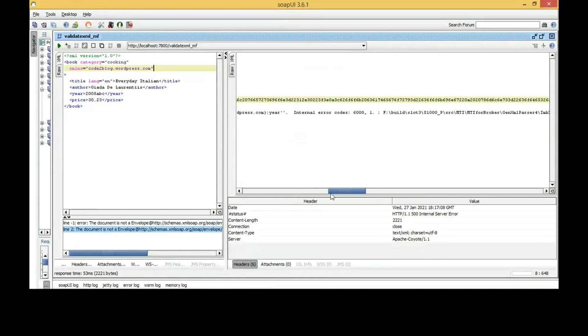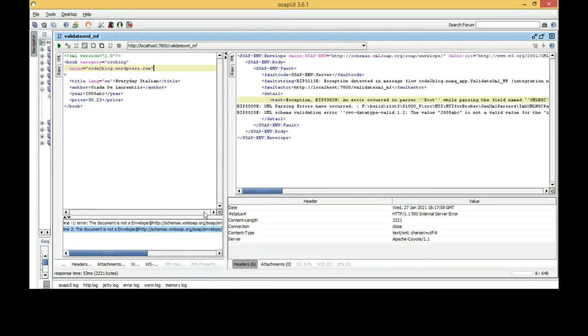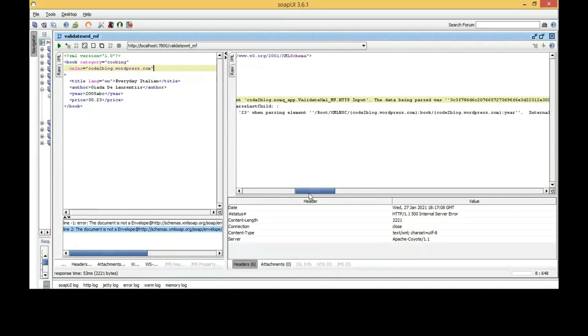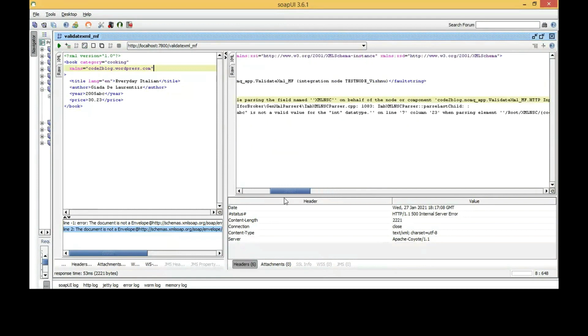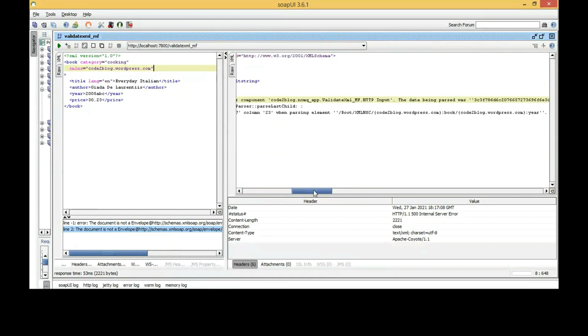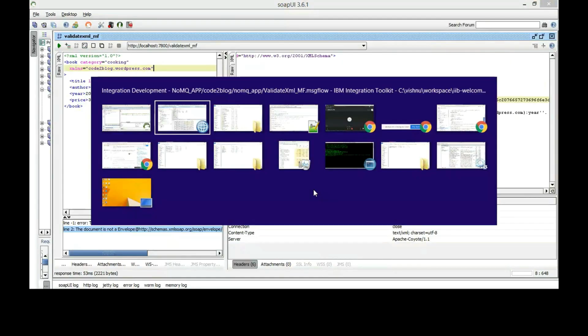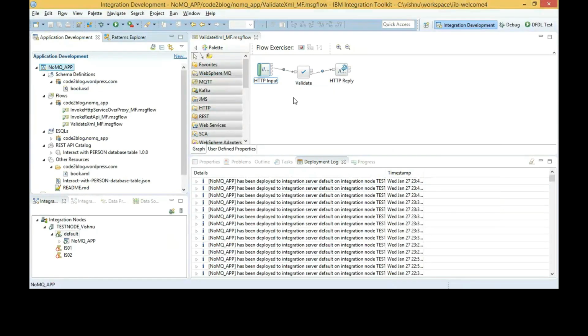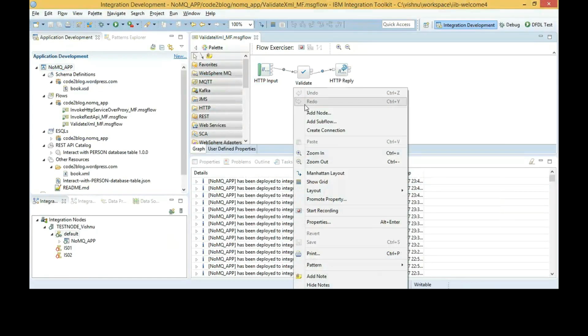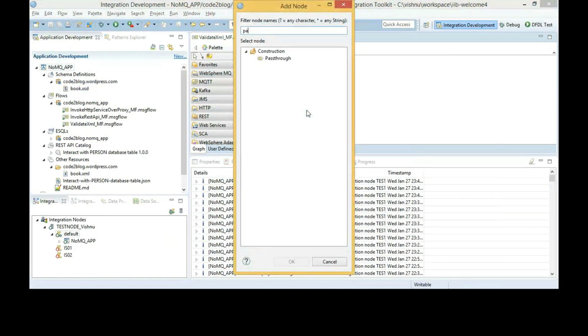Now the transaction did not stop at any of the breakpoints. Why? Because it failed at the initial node, HTTP input node, and the data moved to the failure terminal. We did not have any other nodes connected to the failure terminal, the catch terminal. This is why the breakpoint did not apply.